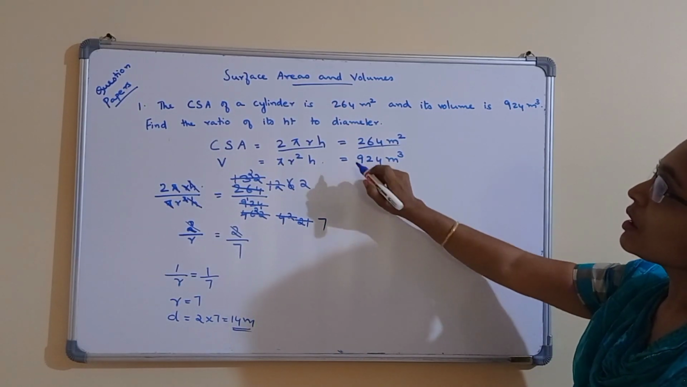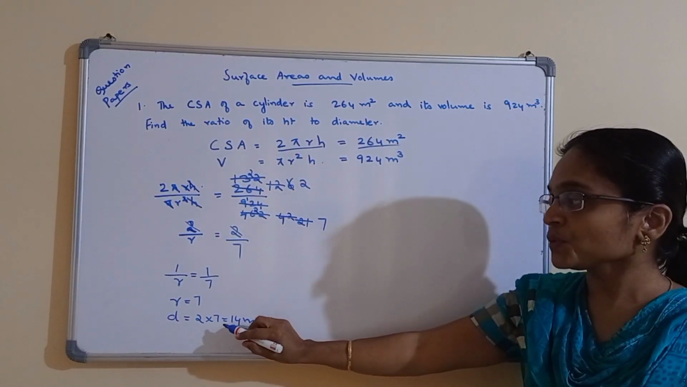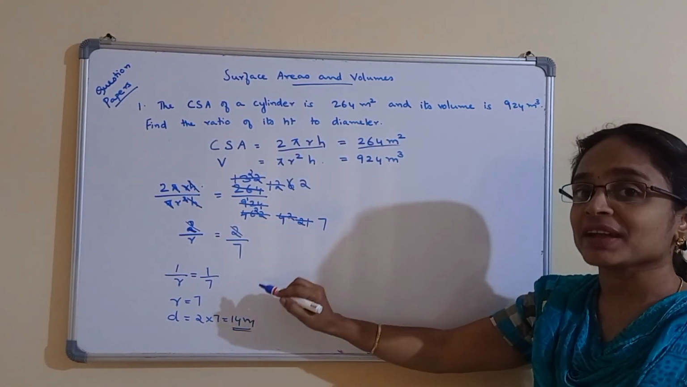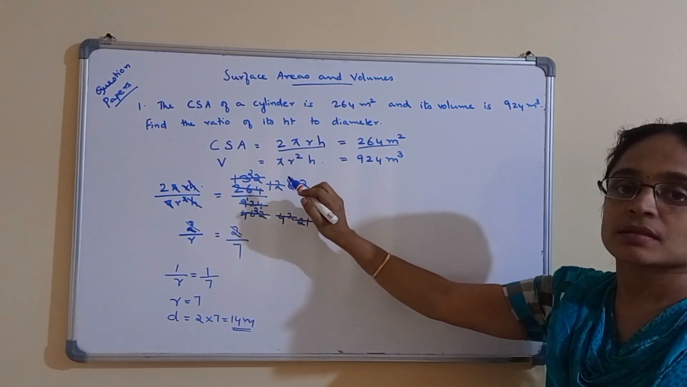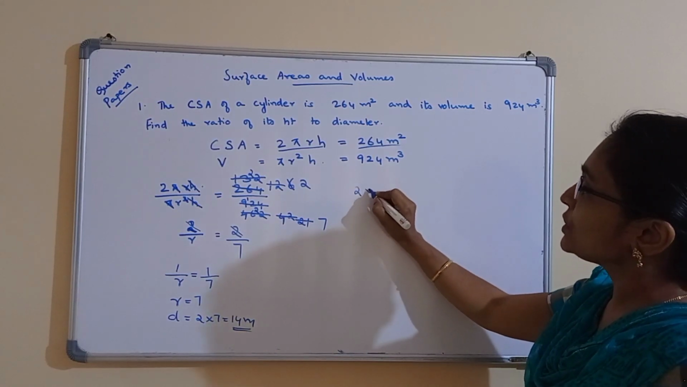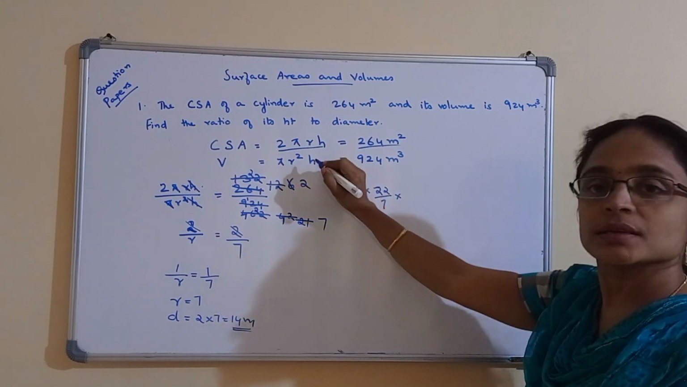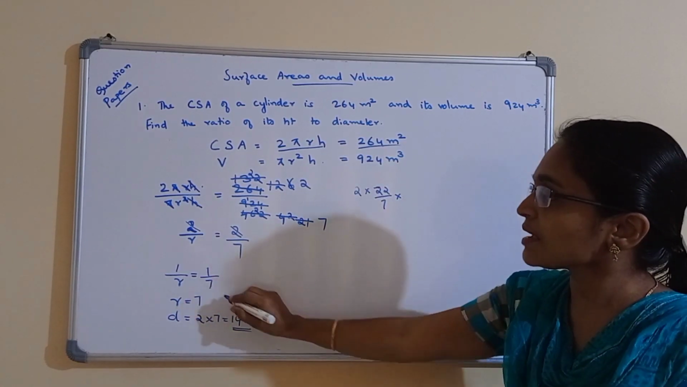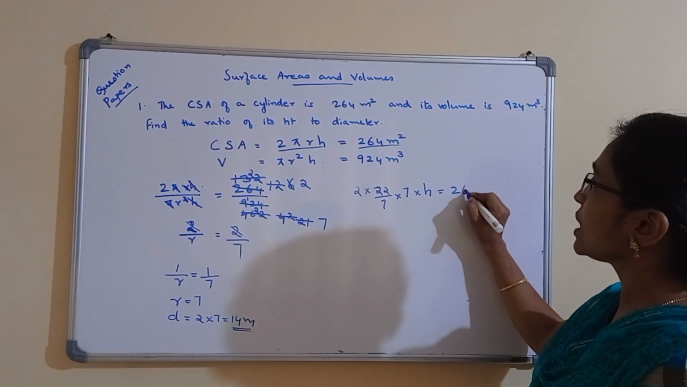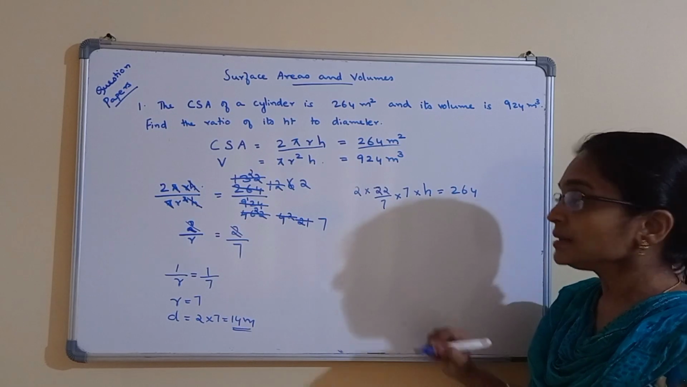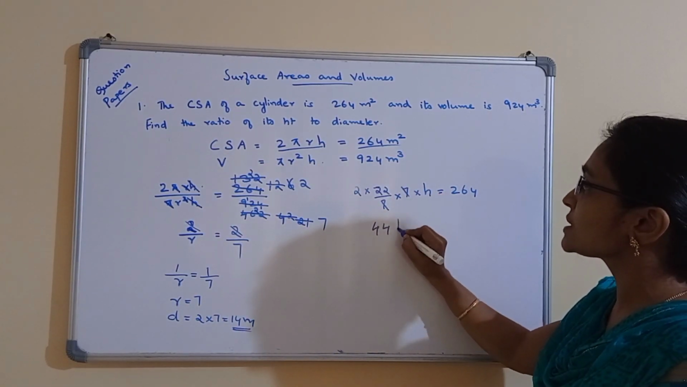Now we have to find the ratio of height to diameter. We have found the diameter. Now we have to find the height. How will we find this? Just substitute in this or this. So 2 into pi, that is 22 by 7 into r, which is 7, right? R we got as 7. So into 7 into h is equal to 264. Right? Now 7 and 7 will get cancelled, which means 44h is equal to